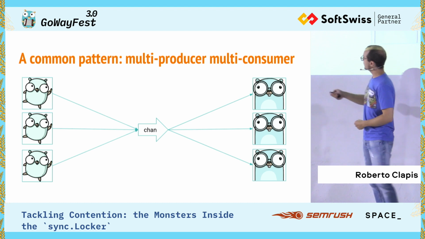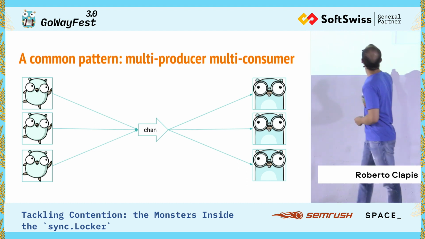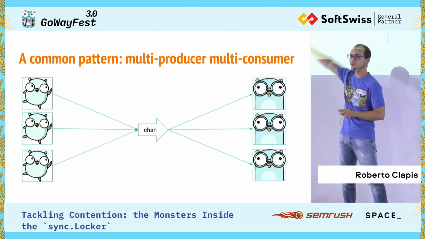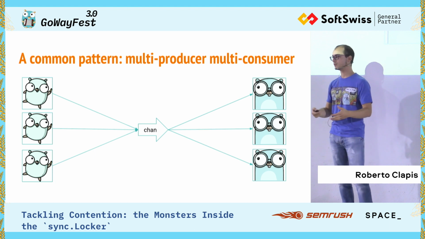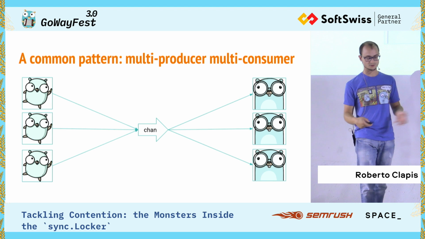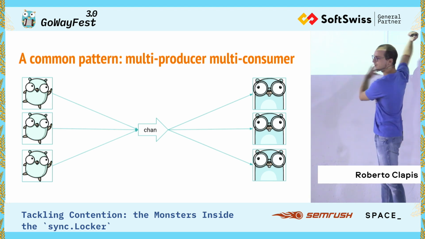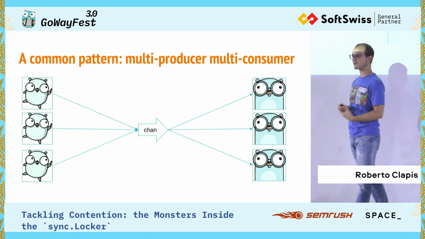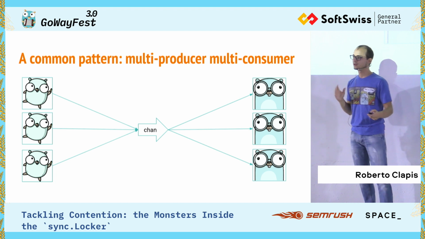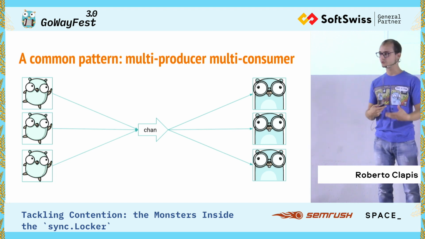This is a nice schema of 3 Go routines writing to a channel and 3 Go routines reading. Beware, this doesn't need to be a channel. It could be a struct with a mutex on it. It could be a contended state, a variable with a mutex I use to synchronize, but it's just some sort of writers and readers approach. This is very common, especially in Go, because we have this concept of data pipeline and sending data back and forth. Keeps the code readable and simple.